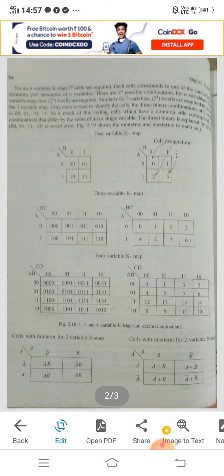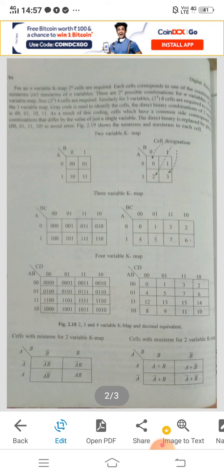So you will come to know the binary of 0 is 0 0, binary of 1 is 0 1, binary of 2 is 1 0, binary of 3 is 1 1. So it is logical here. If you are unable to use logic, then just learn 0, 1, 2, 3. Okay.